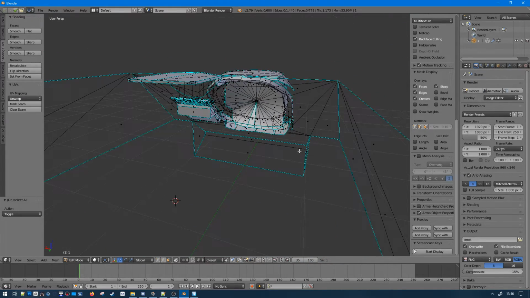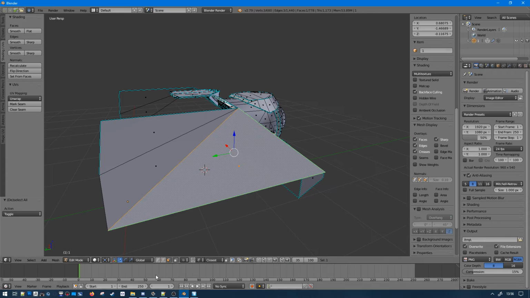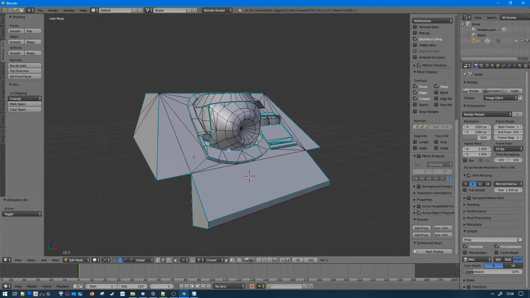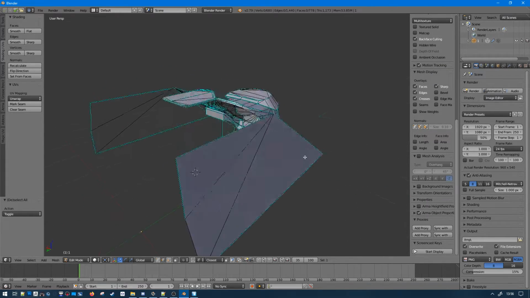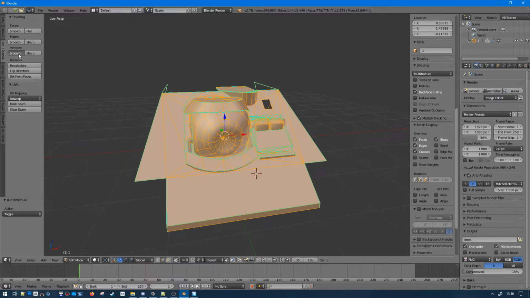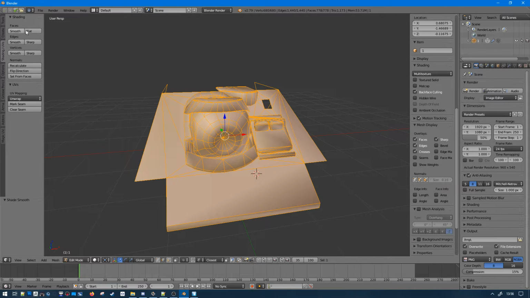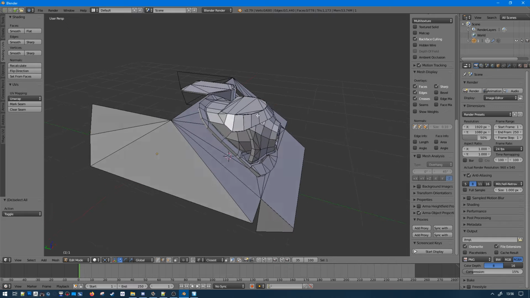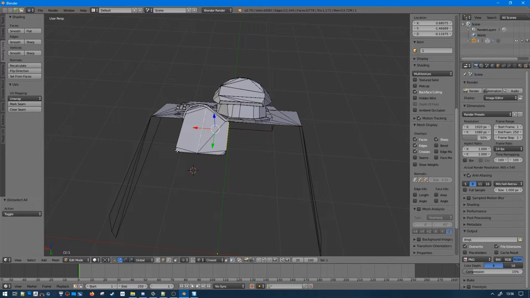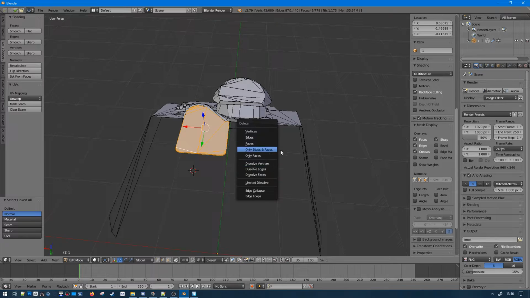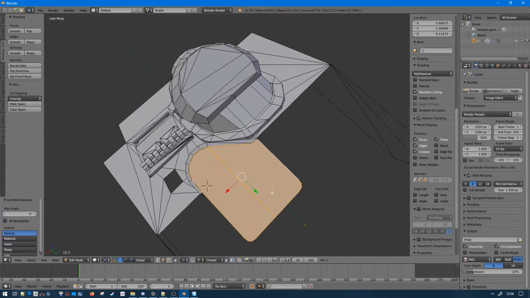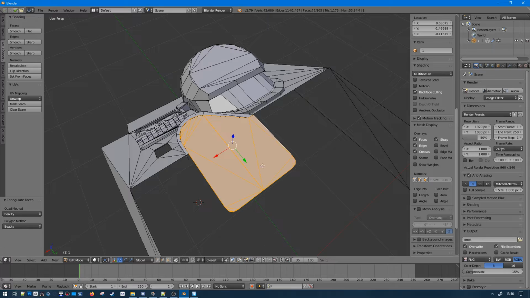You mostly want to extrude things and give them the correct thickness directly. So I'm going to smooth and flatten everything. So the key point with the material is always that they have to be simple, which means as few faces as possible.